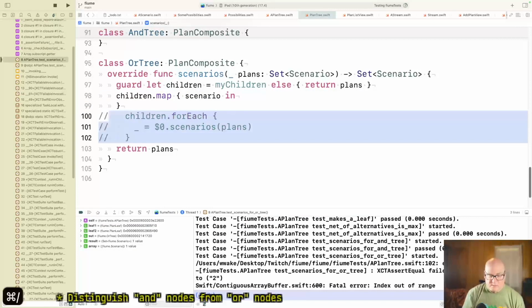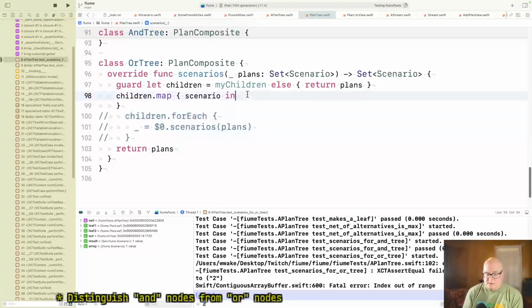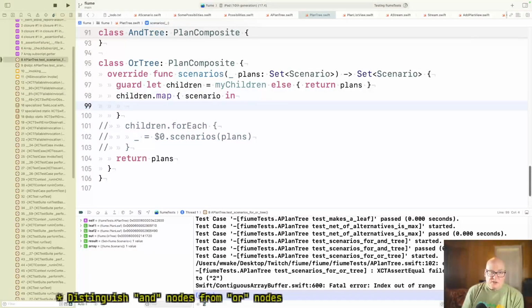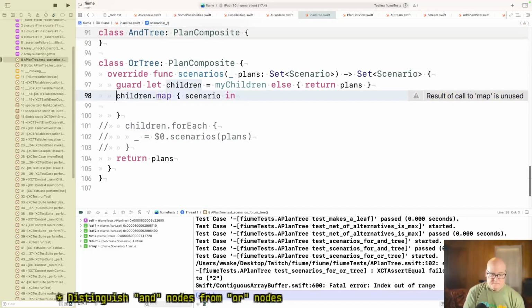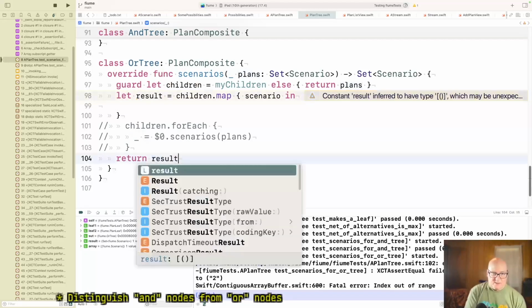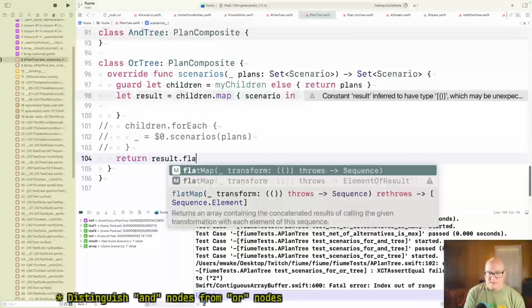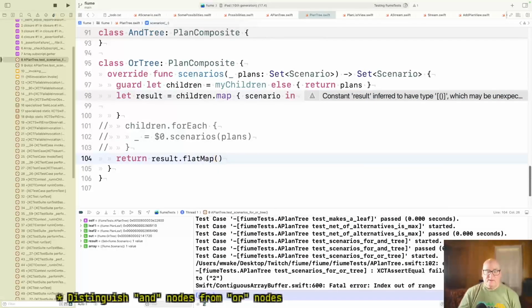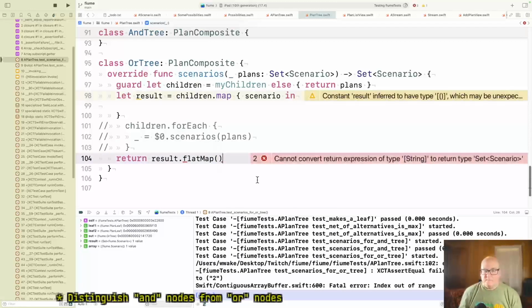Okay, now we know this won't work. Okay, so if we were to take each child, we'll capture that result. Yeah, I'm working on it. And we'll return result.flatMap. I don't know if I can do this without a transform. Okay, we'll come back to it.